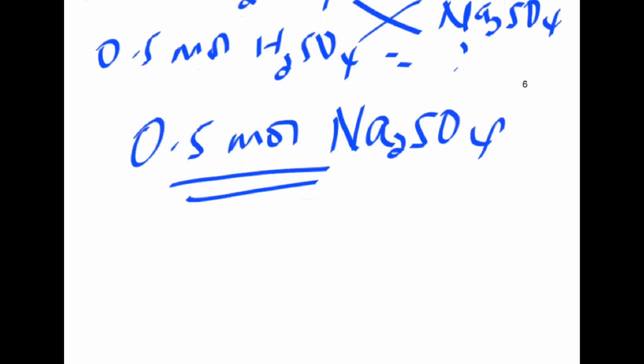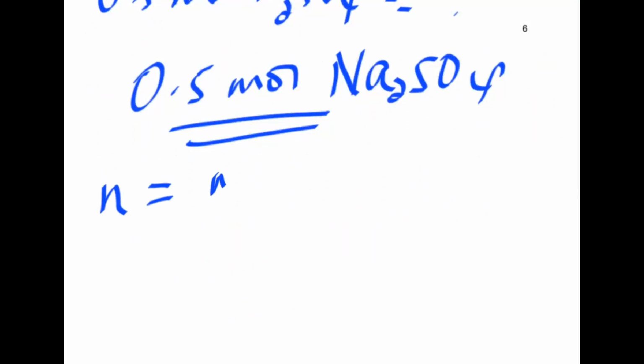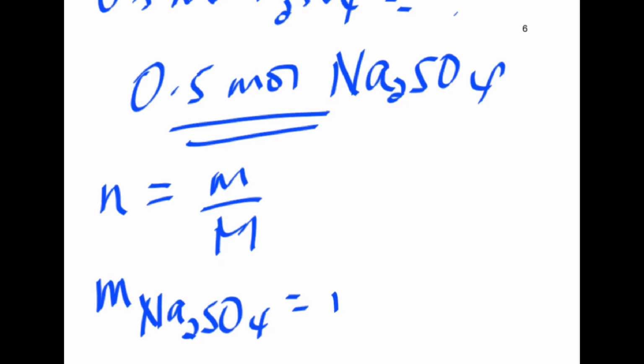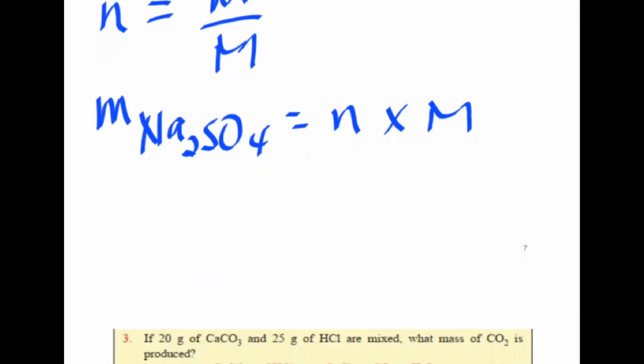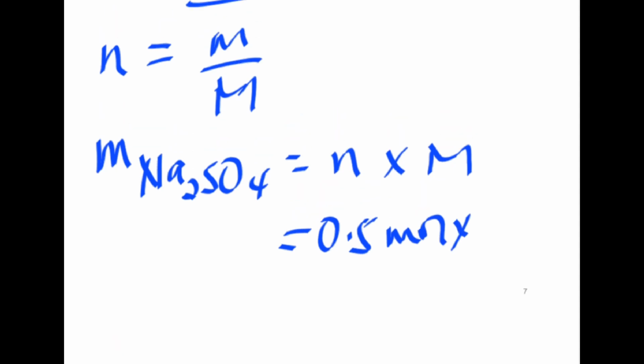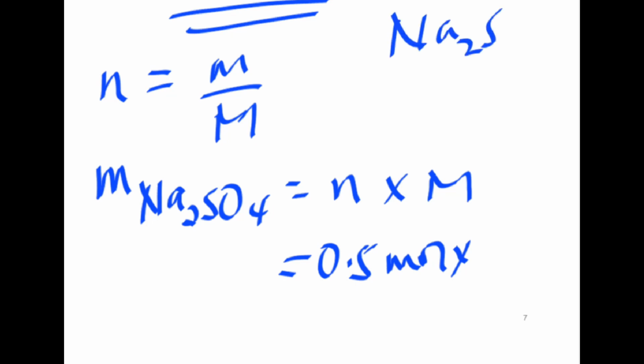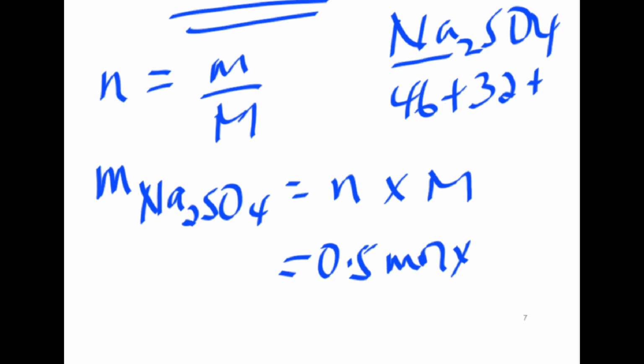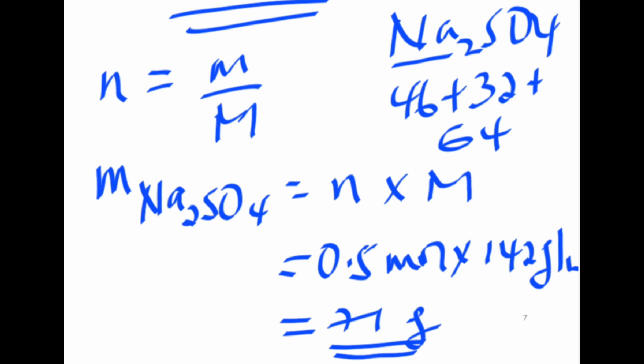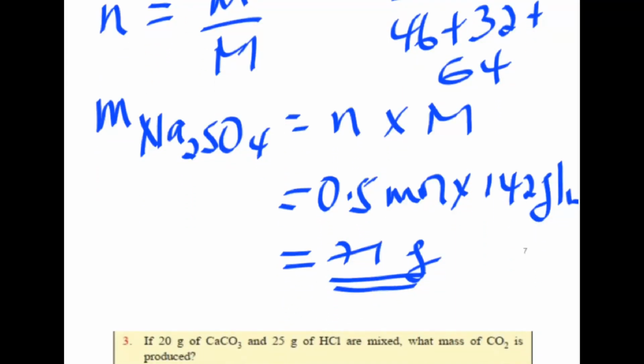ይሄ በሞል ነው ስለዚህ በማስ ለሆነ የተጠየቅነው ወደ ማስ እንቀይረዋለን ማለት ነው so ሞል ማለት ማስ ኦቨር ሞላር ማስ ስለሆነ mass of sodium sulfate, mole ሲባዛ molar mass. mole ስንት ነው 0.5 mole ሲባዛ molar mass of sodium sulfate የሶዲየም ሳልፌት molar mass ሶዲየም 23 ጊዜ 2 46 ሲደመር 32 ሲደመር 16 የኦክሲጅን times 4 is 64 ይሄ ስንት ይሆናል 142 ይሆናል ስለዚህ 142 ግራም per mole ማለት ይሄን ሶልቭ ስናደርገው 71 gram of sodium sulfate is produced እንላለን 49 gram of sulfuric